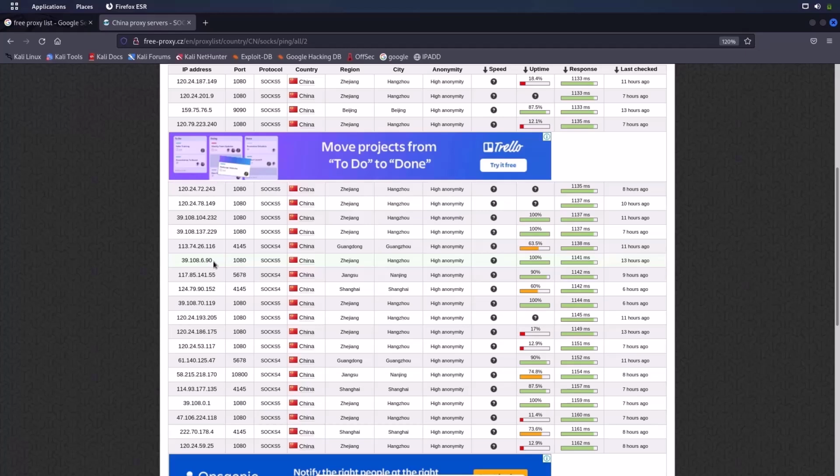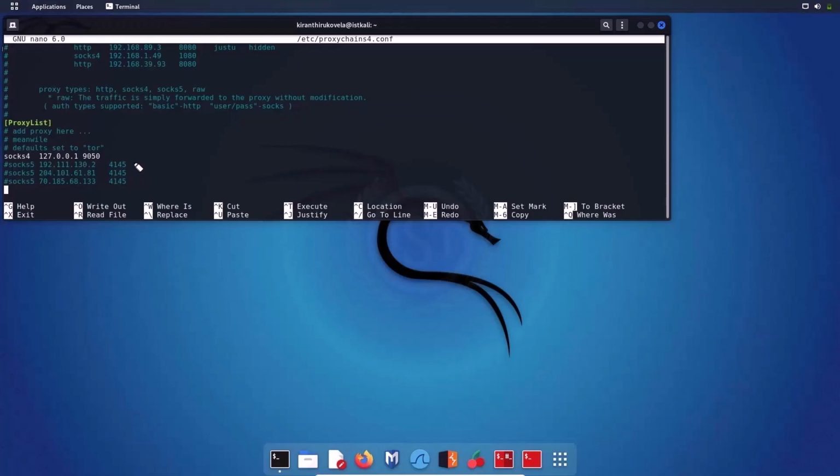Anyway, in order to save some time, what I will do is I will select some proxy servers. I will save those IP addresses in a list, and I will add those IPs to the list of the proxy chains application. Then I will show the demonstration. So as you can see guys, we have 3 IPs mentioned in the proxy chains list, and you have to disable this line because you are not going to use the Tor network for anonymization. So you have to comment this line over here, and you have to uncomment all 3, or you can use them one by one for the demonstration of this proxy chains application.